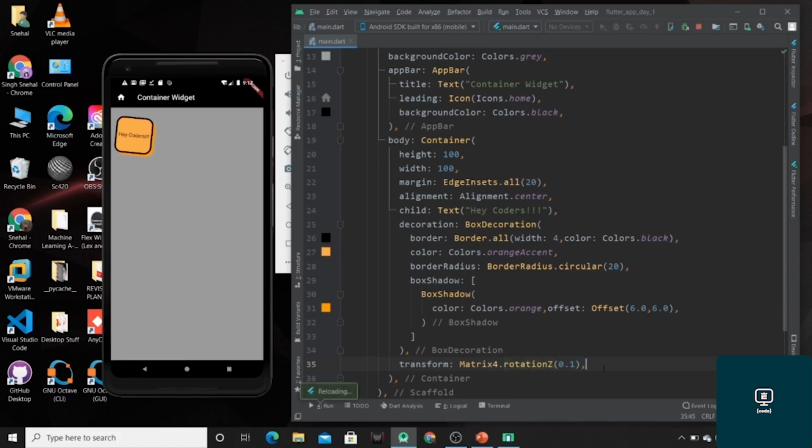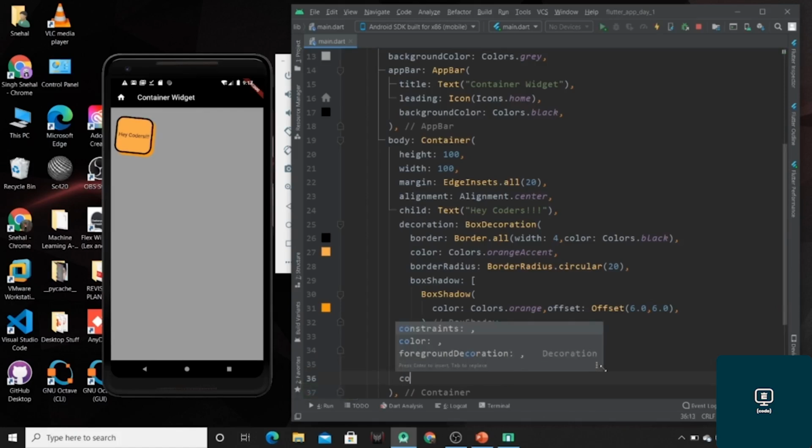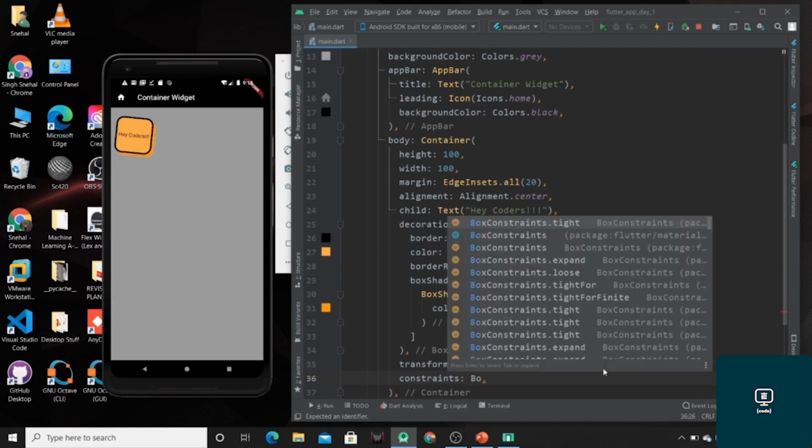Now one another property is also there, which is constraints, that if you want your container to be tight or at expanded form, then you can use this constraints property. You can use any of these, which are BoxConstraints or tight, expand, loose, tightFor.